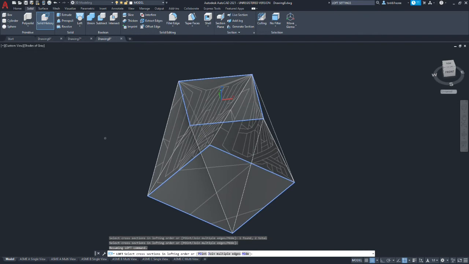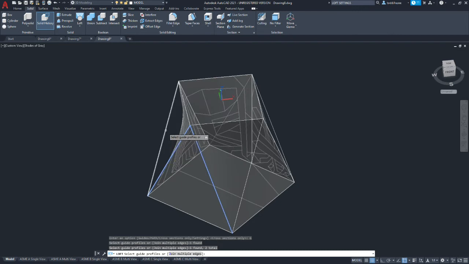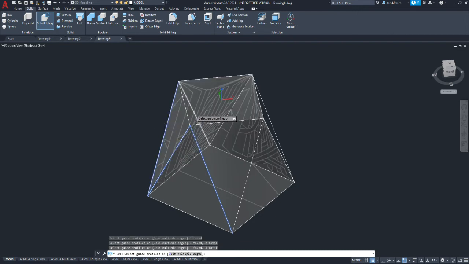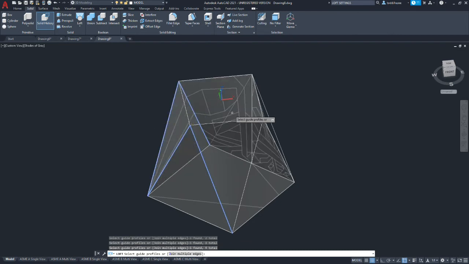Okay, we're going to hit enter, and we're going to use guides. Enter, we're going to pick guides at 1, 2, 3, 4, 5, 6, 7, 8.